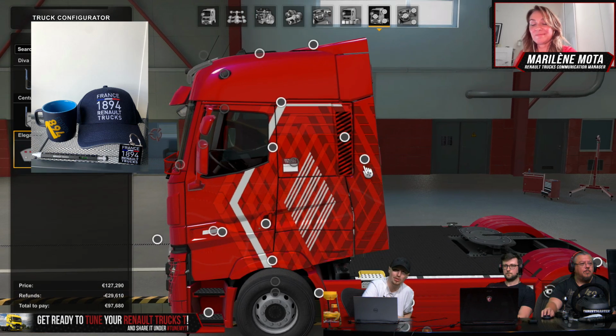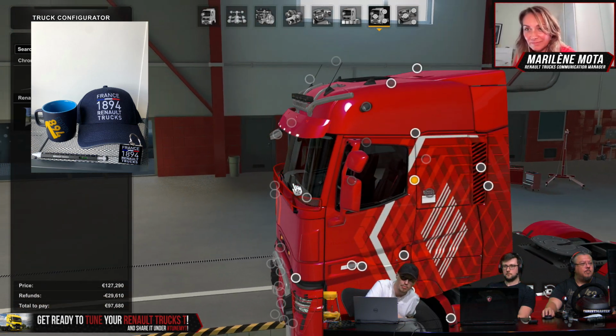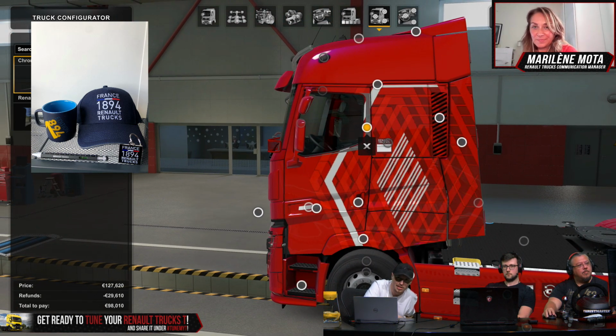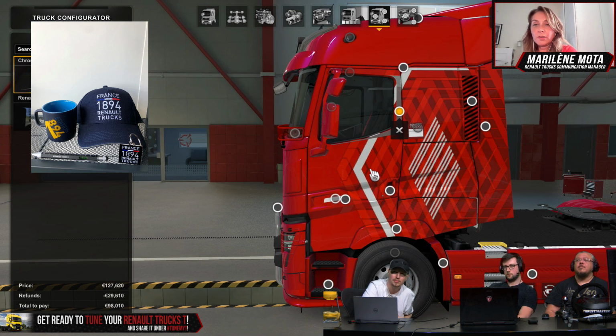Can you see it, Marilyn? Can you maybe talk us through it a little bit? I can see a cap, a lovely mug, and a keychain. Is that a pen as well? Yes, it's a pen. It's from our special edition, because Renault Trucks history started